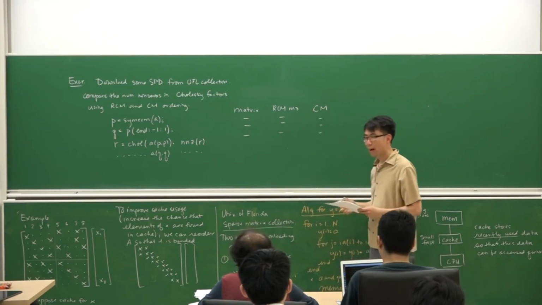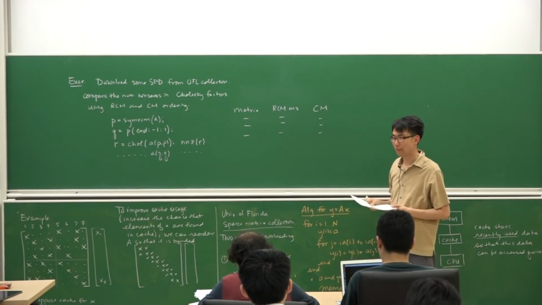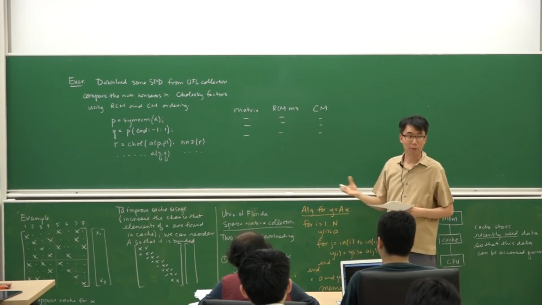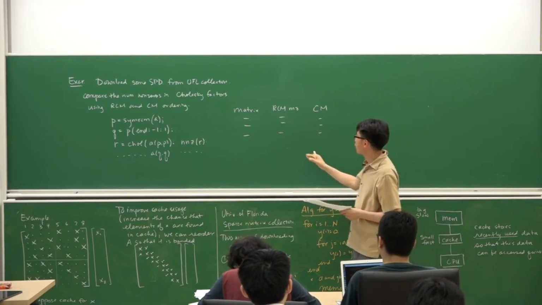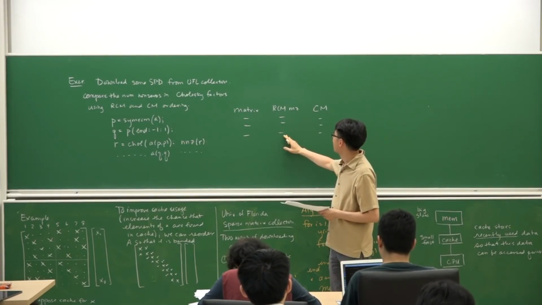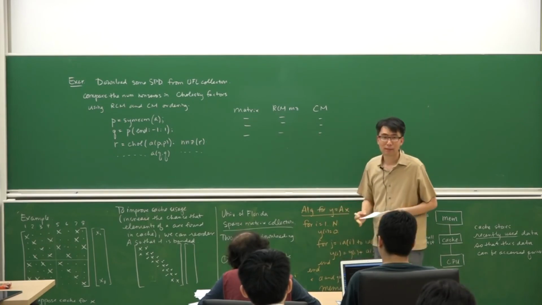And the question is, how much worse is Cuthill-McKee? Is it always worse? Okay. And if you find a case in which RCM is a lot better than Cuthill-McKee,